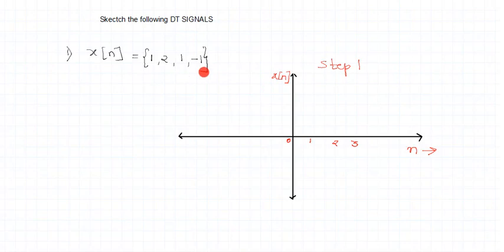Now how do I mark it? As we have done step number 1 for the CT signal, we need to repeat the same steps here. So I need to mark the independent variable n over which the signal exists. So I have 4 samples here. So these 4 samples exist where? From 0, 1, 2 and 3. So by default the sample starts at 0. And from here 4 samples. So this is the first, second, third sample and fourth sample. So these are the positions on which I'll be drawing these samples.